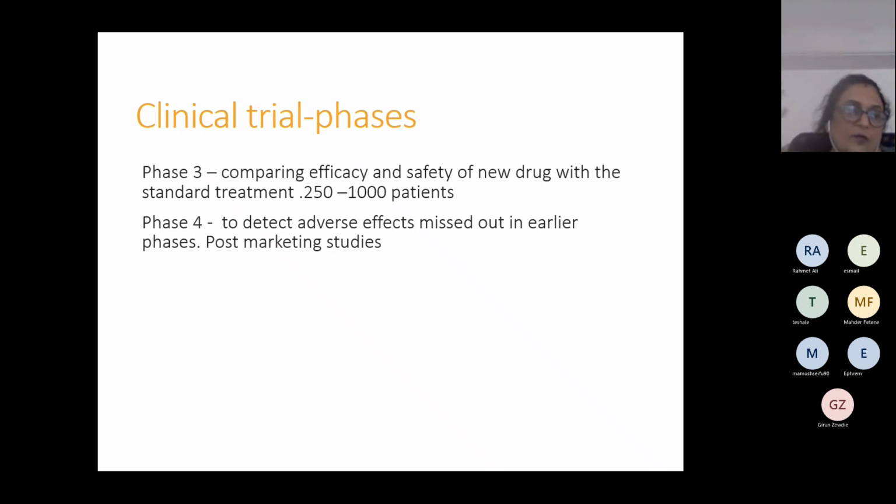So later on, the pharma companies do conduct trials and check if there are any additional side effects or adverse effects which were missed in the earlier phases. So that is the phase 4 study, which companies generally keep doing. Here the number of patients is not fixed, but they keep doing these studies, collecting the data and information, and keep posting and updating the information. So this is also called PMS, or post-marketing studies.